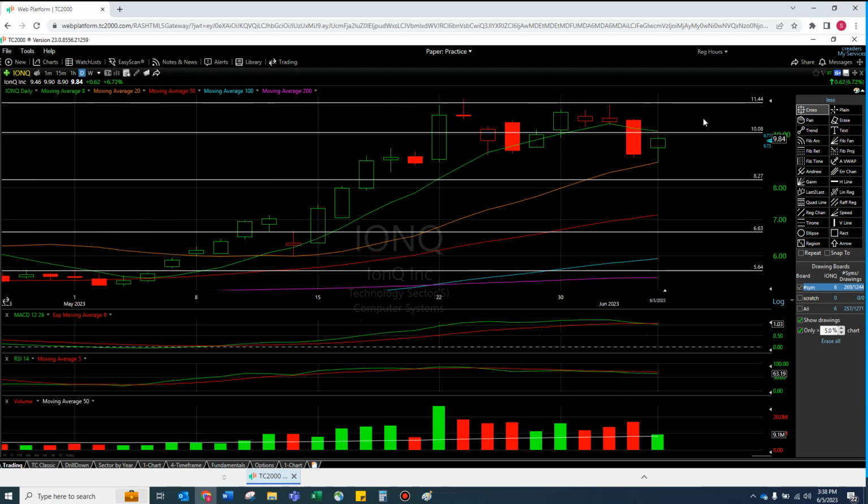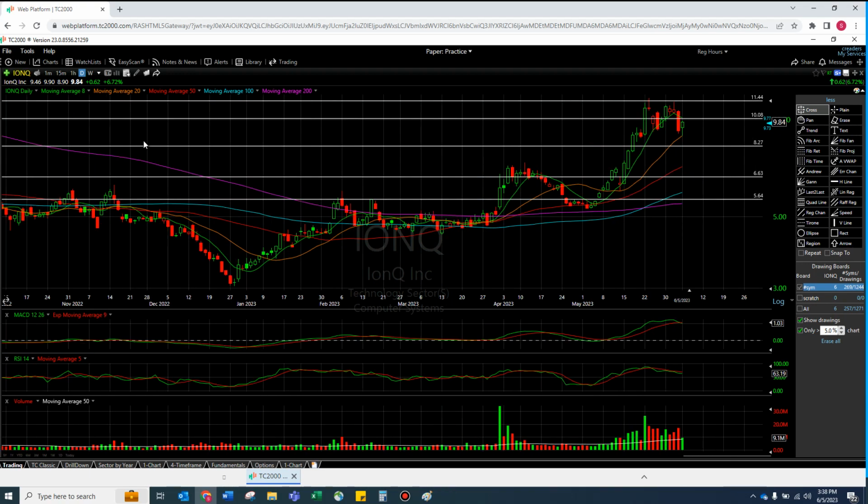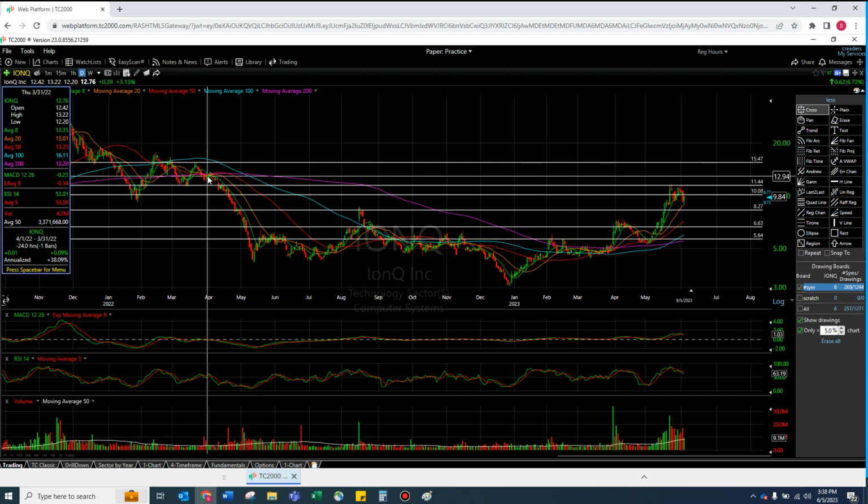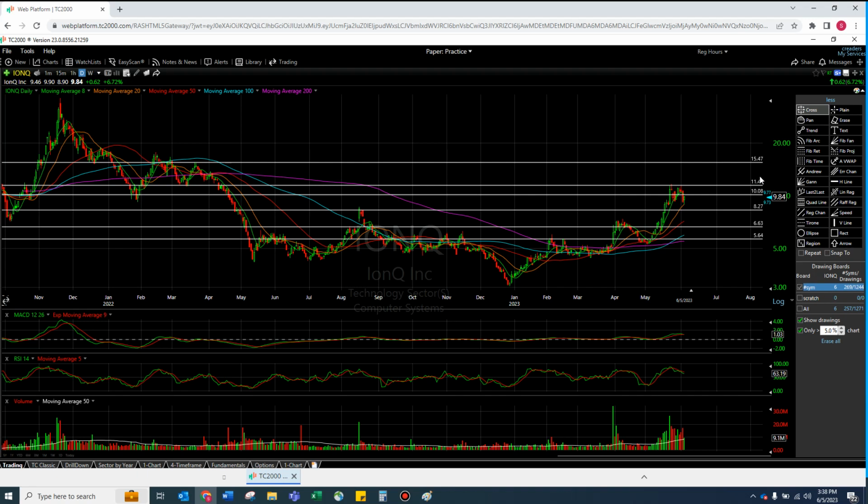From there, this 11.44 line, I just drew, it's not perfect. I'm assuming I just drew it on the top of this guy. I like this 11.44 to 15.40 channel because all I see is green, green, green, green, green, red, red, red, red, red, green, green, green, green, green, red, red, red, green, green, green, red, red, red. These are just big movements, right? Maybe something right there around 13 will stop it, but I would love an entry here, and I'm going to